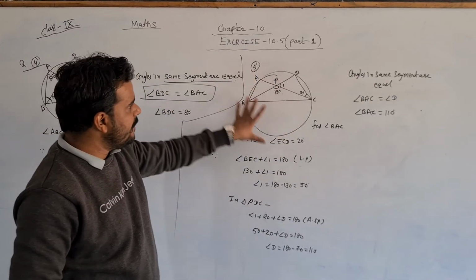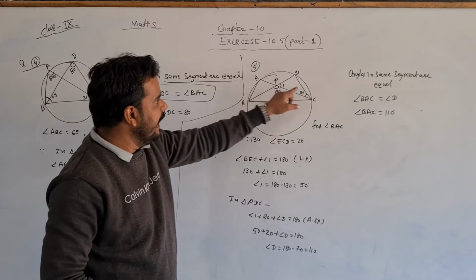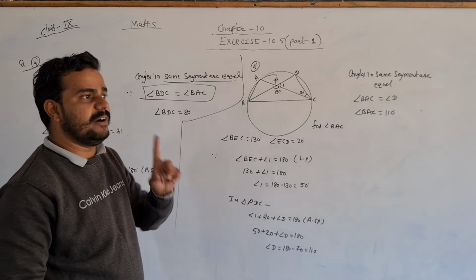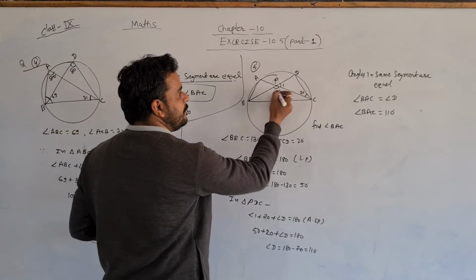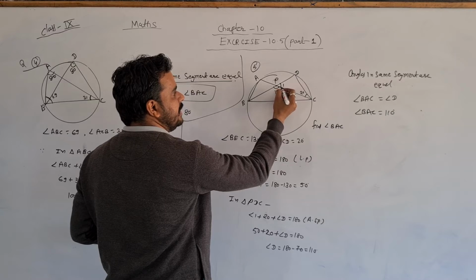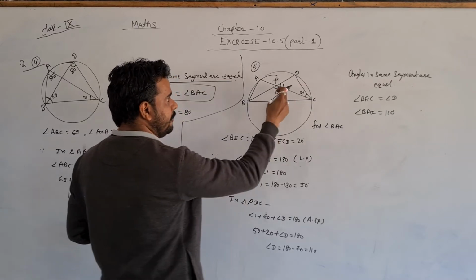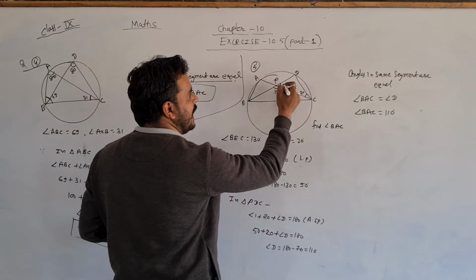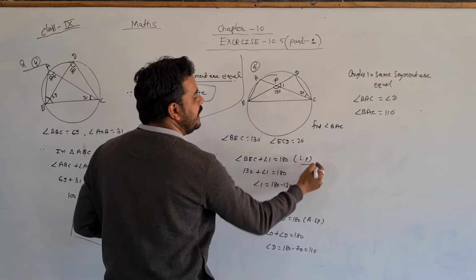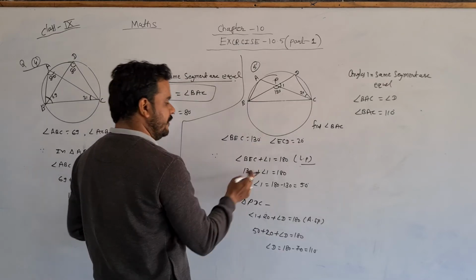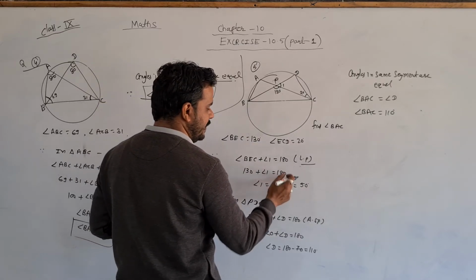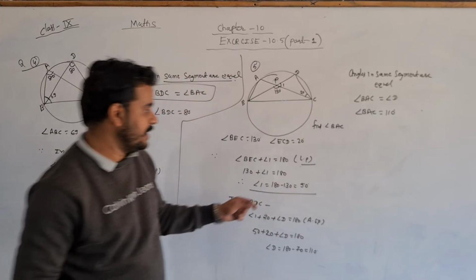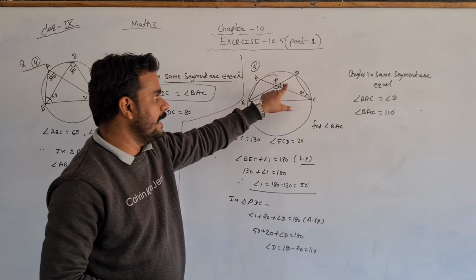Same thing here also, a diagram is given and this angle is given 130 and this is given 20. So first of all, as you know, in this diagram I see one linear pair. So this is our linear pair. Okay, so what is the name of this angle? BEC. So angle BEC plus angle 1, I will call it angle 1, is equal to 180. Linear pair. BEC is given 130, so 130 plus angle 1 is equal to 180. So angle 1 is equal to 180 minus 130 degrees.